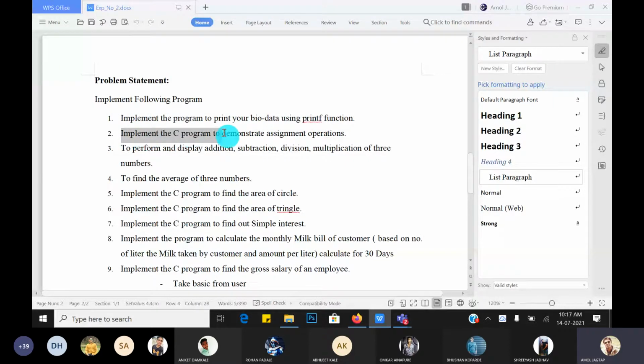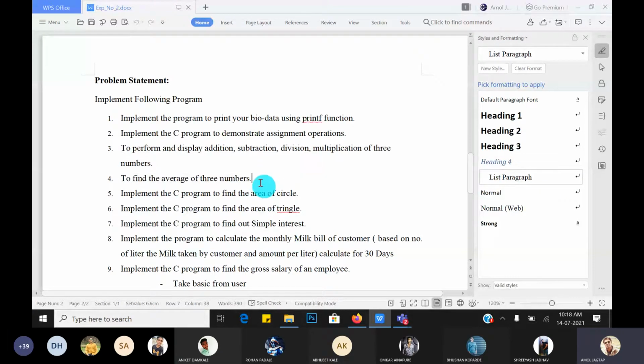Then implement a C program to demonstrate assignment operators. We will see the different types of operators in today's lecture. Then perform addition, subtraction, division, multiplication of three numbers: take the three numbers from the user, then perform these operations on them, as well as find the average of the three numbers.